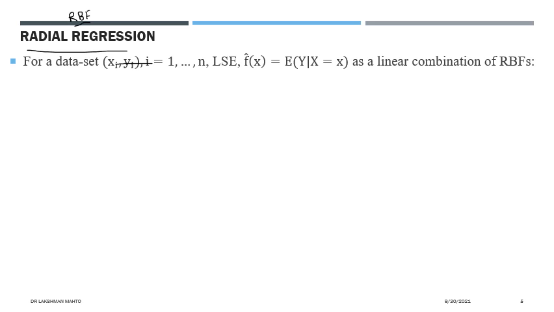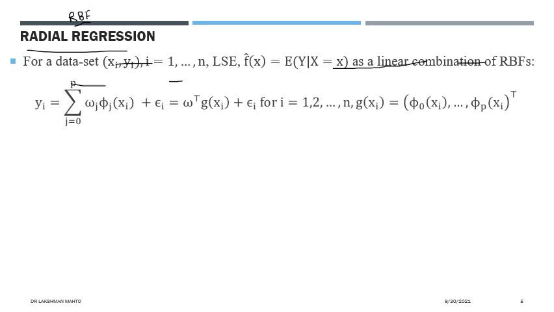We are willing to estimate the least square estimate of the prediction function, the conditional expectation of y given x. In order to estimate this, we put a linear assumption that it is a linear combination of a special kind of feature map that happens to be the radial basis function, centered at xi. These xi are the observed values of the attribute. These n xi's are at your hand, and through that you are trying the radial basis function.